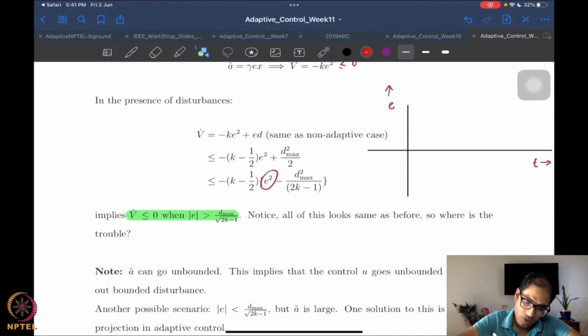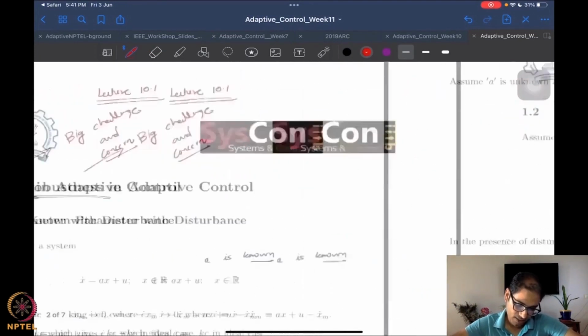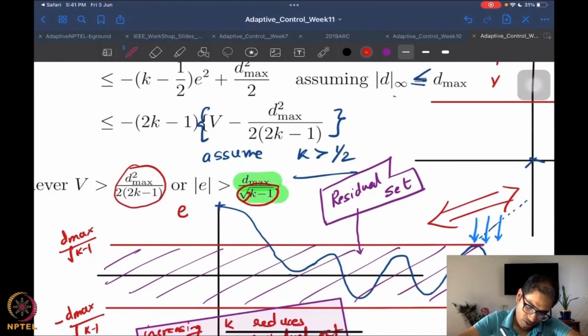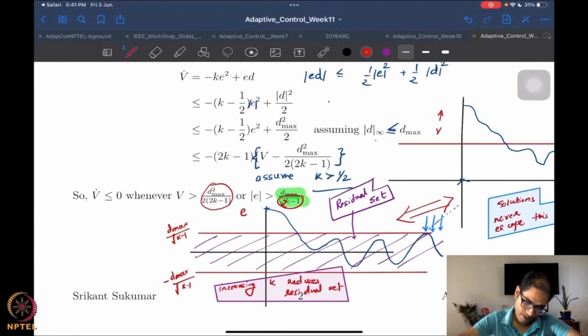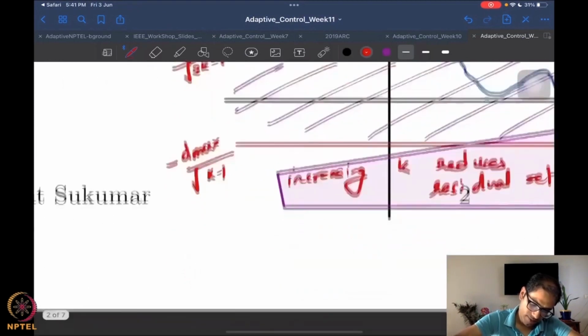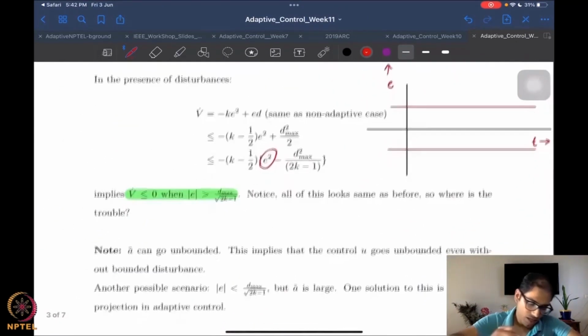Now I'll make the two boundaries. These boundaries are basically d max. All right, did I get this wrong last time? Yeah, I'm sorry, this boundary last time should have been 2k minus 1. So this should also have been 2k minus 1. There was a 2 factor missing here. So here also this is